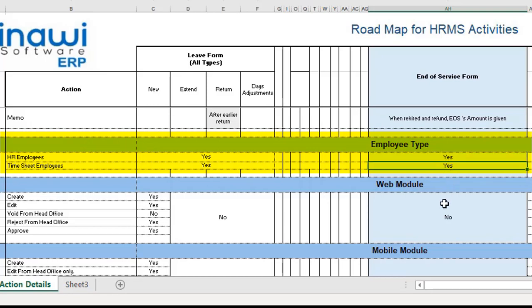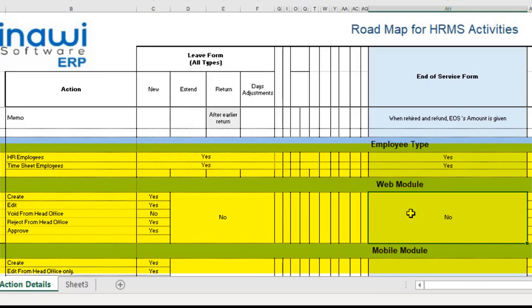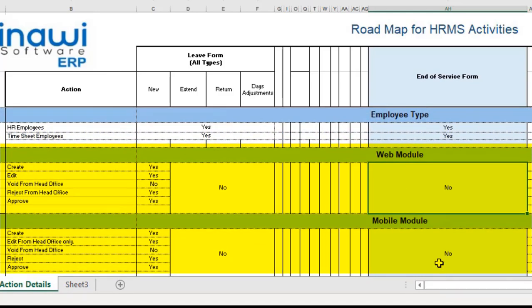And in the web module, as you can see here, end of service cannot be created through the web module. So although we have other types of modules, other types of forms, applications other than the desktop application, however, end of service cannot be created from those applications. You cannot create end of service in the web module, and you also cannot create end of service in the mobile module. However, this is not permanent, it's not fixed. It can be added as an extra feature